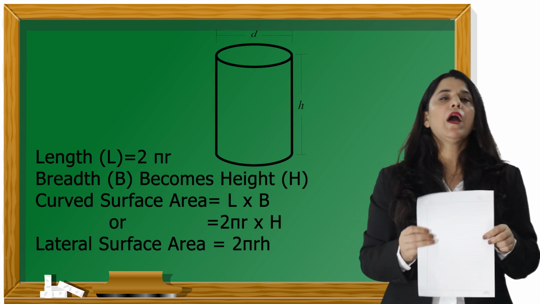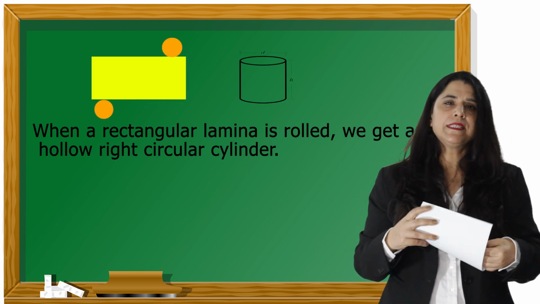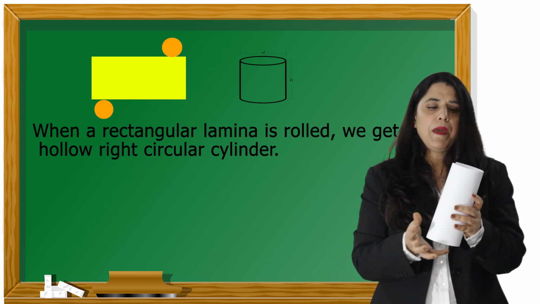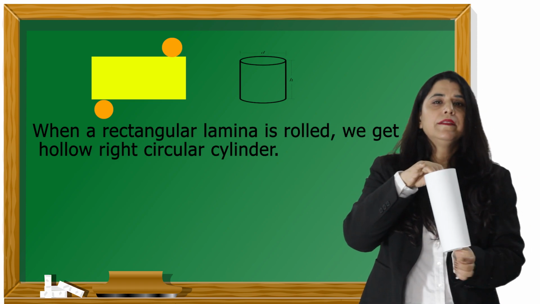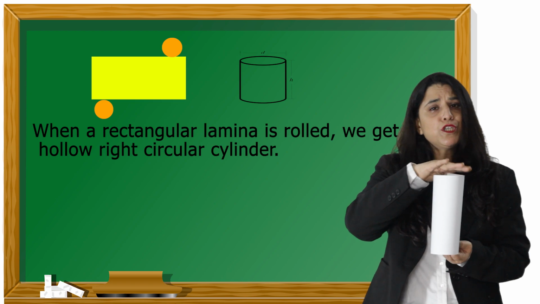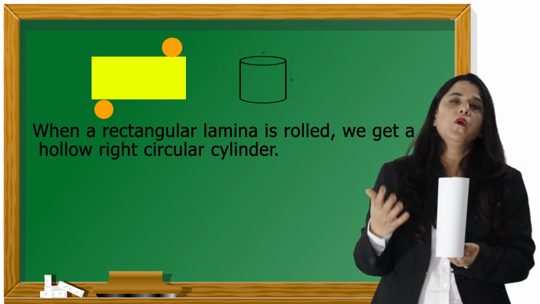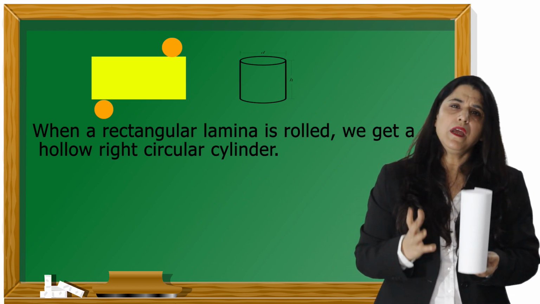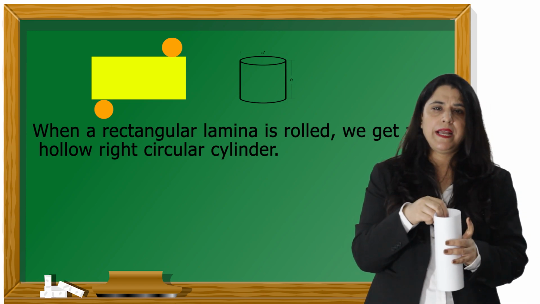Okay. Now coming to total surface area. Now suppose you must have seen cylinders, children, which have a base. This is just a paper which has a base and a lid. Yeah, that is closed at both ends. We say a cylinder which is closed at both ends, and you want to know how much it has to be made out of a tin or a paper. What is the area of the paper needed to make a closed cylinder?